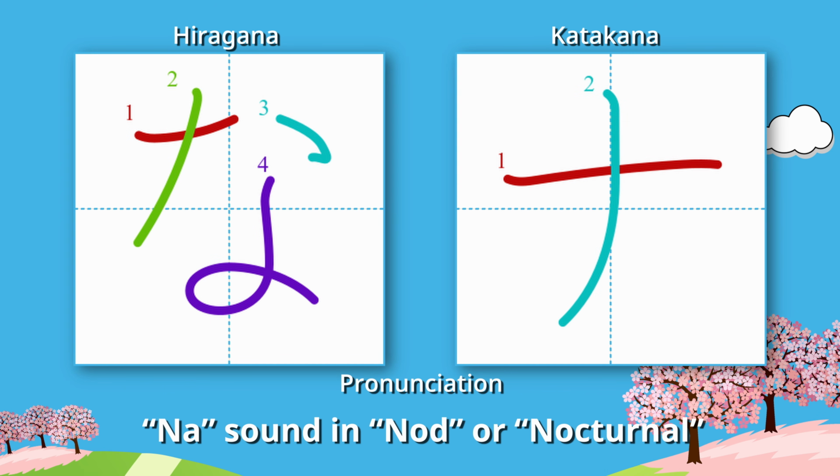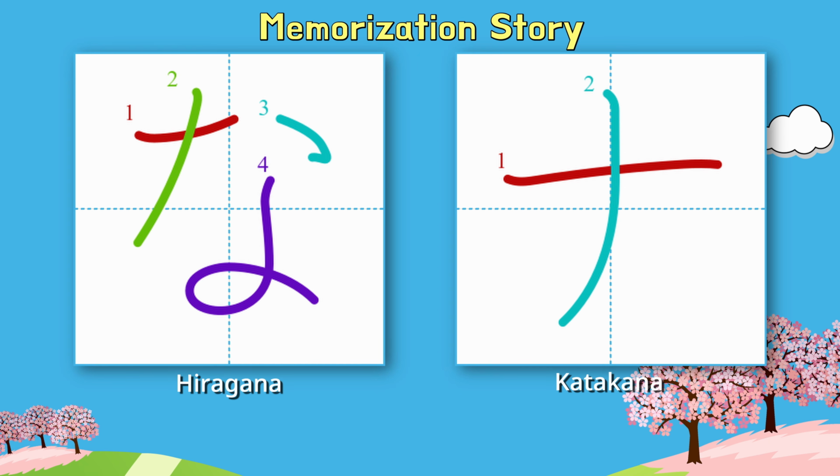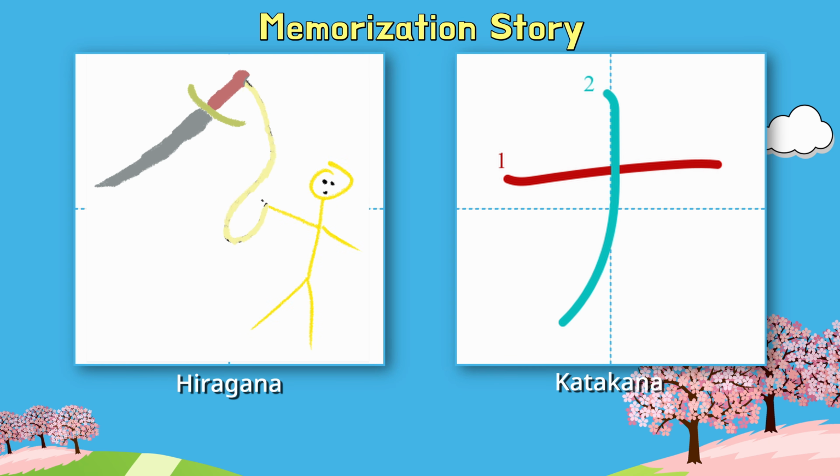These symbols represent the na sound in nod or nocturnal. The hiragana na looks to me like a flail with a knife on the end instead of a spiky ball, but gone horribly wrong,